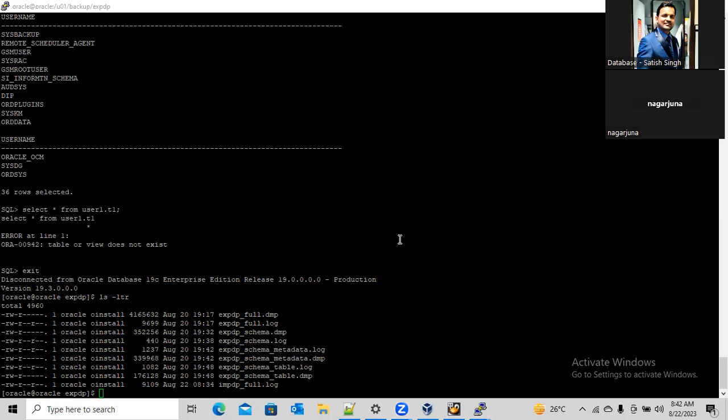So we will get everything in the full DMP. We will perform every restoration from the full backup only. Here you can see the import log which we have recently used to import the database. We have dropped the schema. Now what we will do, we will import the schema